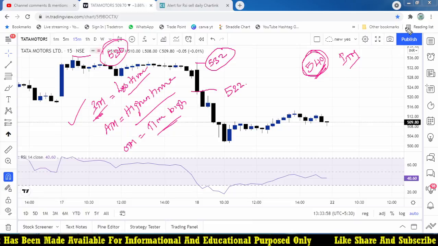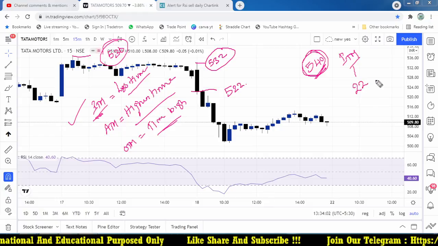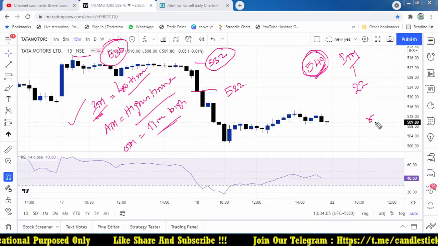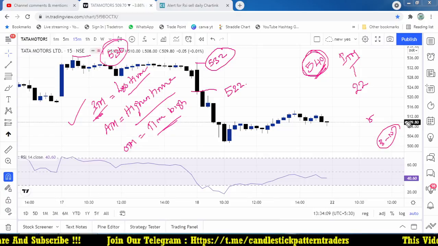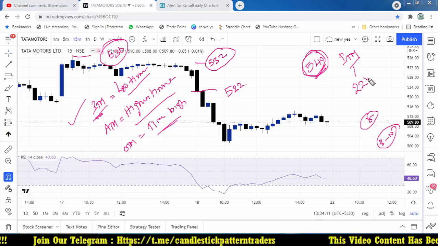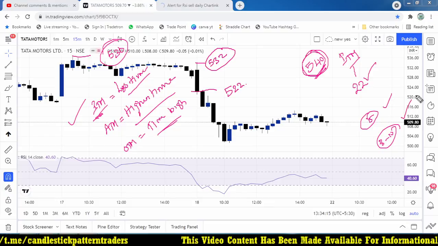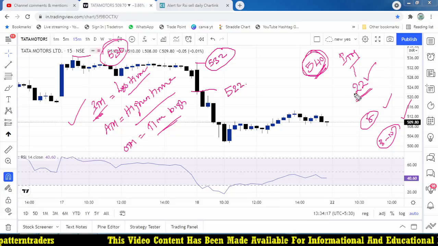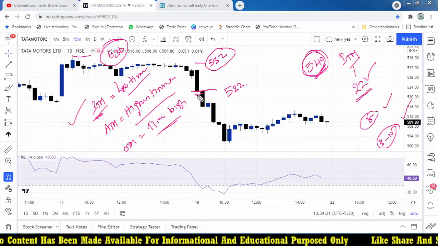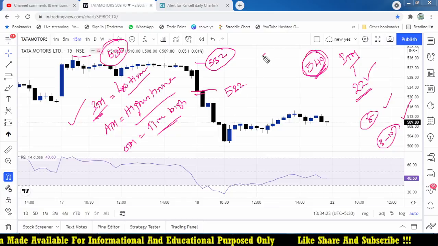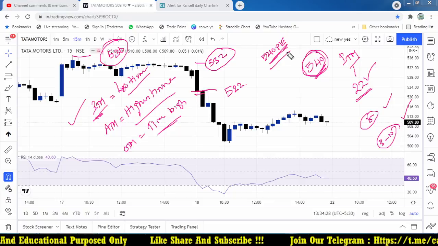For example, yesterday we took this at almost 22 rupees. But if you are focusing on ATM, maybe 15 rupees. If taking OTM, maybe 8 to 10 rupees only. But the chance of making a profit is lower. So that is the concept. I was making a 22 rupees entry. So at the point when the market broke below the level, around 540 should be my put strike price where I took my trade.